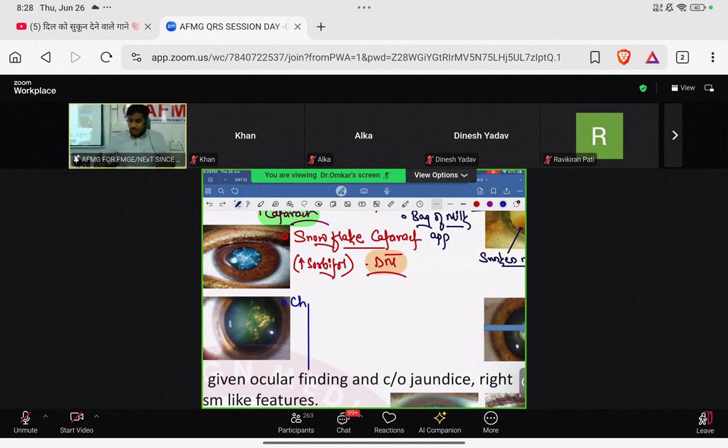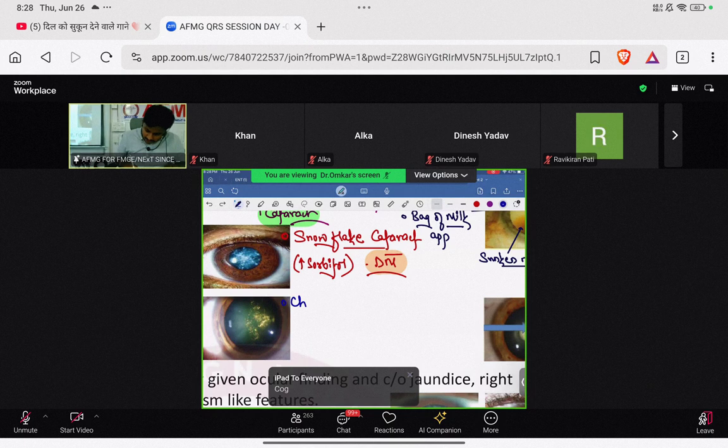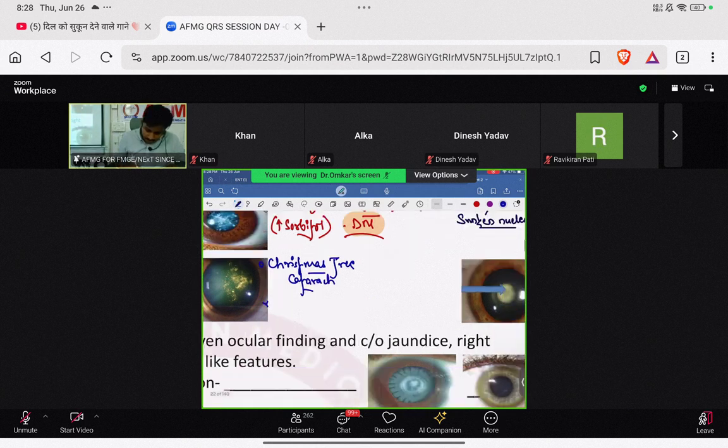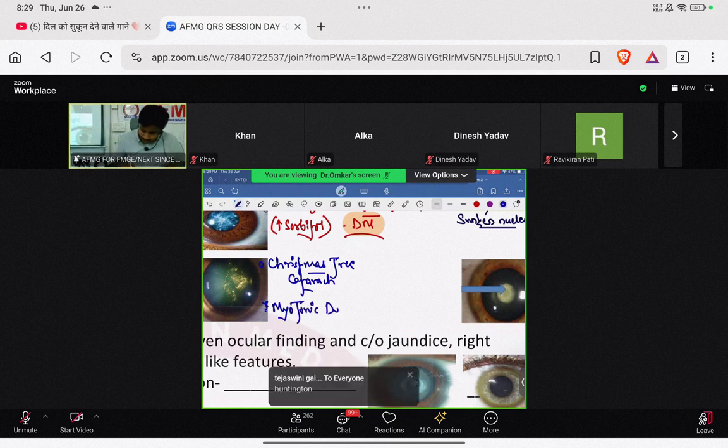So that is what is important to be remembered. In myotonic dystrophy, which kind of repeats are seen? It is CTG. So we know, beta, this is a classical picture of a Christmas tree cataract seen in myotonic dystrophy, and there will be CTG repeats. CAG repeats are seen in Huntington's chorea, beta. If they ask you, GAA repeats are seen in Friedreich's ataxia,